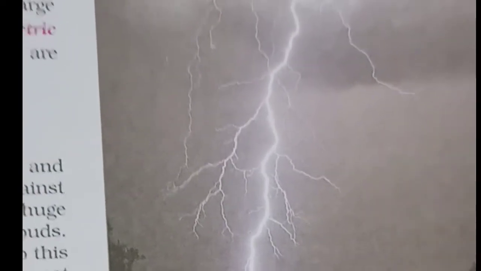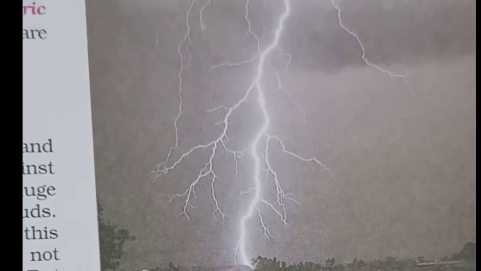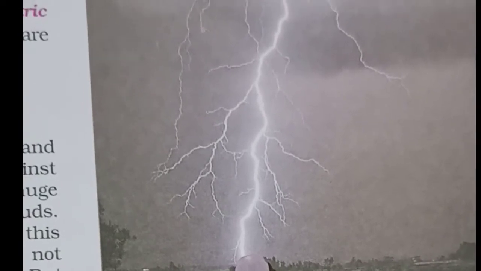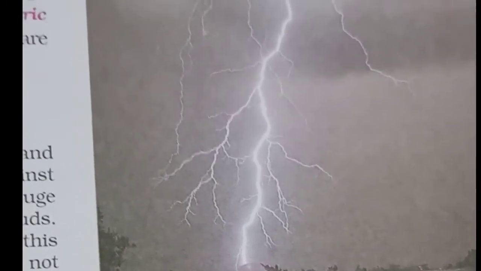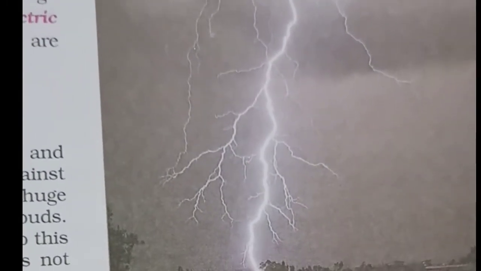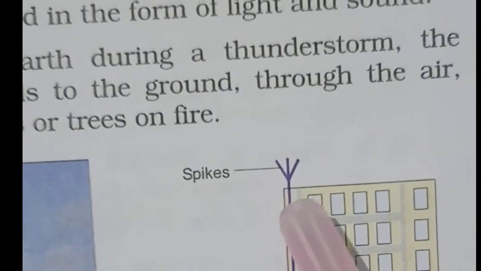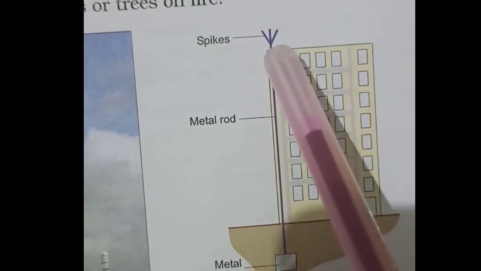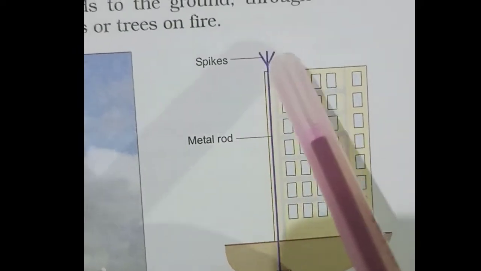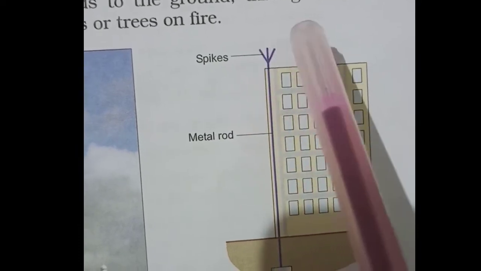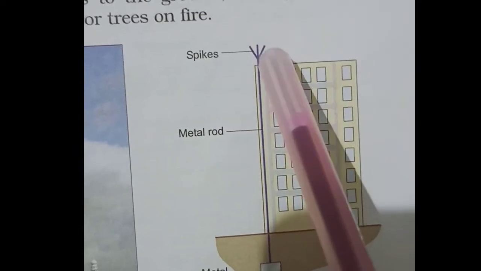And that's why, to protect buildings from lightning, a lightning conductor is installed on the top of the buildings. Even on the top of our schools, these are set up to keep us safe from the lightning. So that is known as a lightning conductor. See here how it is set up. On the top of the building, this spike-like, pointed conductor is set up, and then it flows downward. The charge that will come, or the lightning that will come, it will flow.